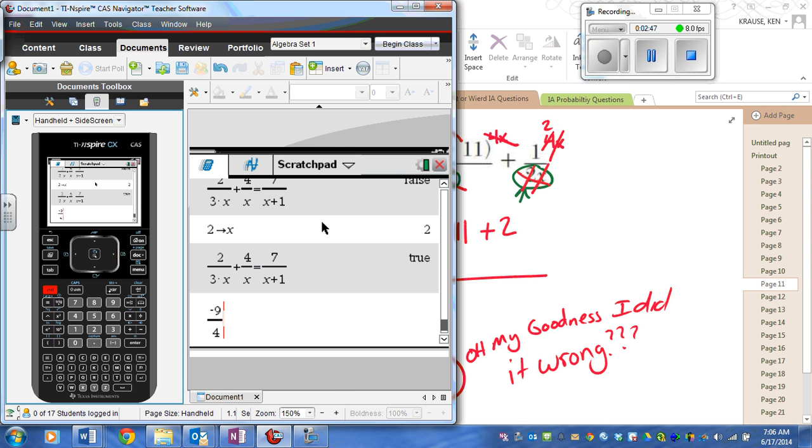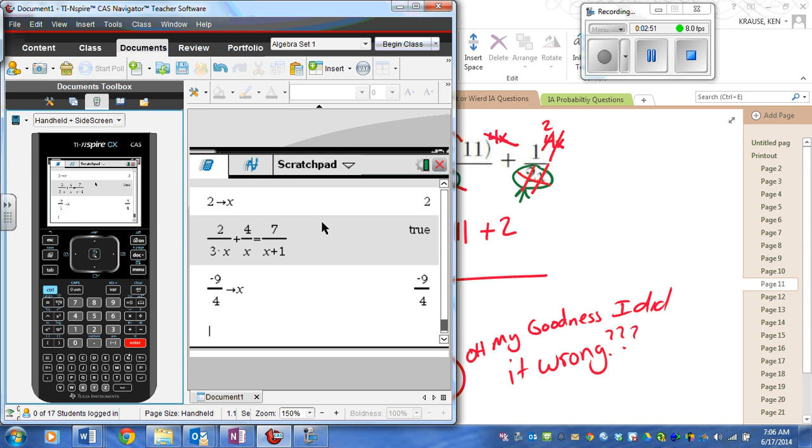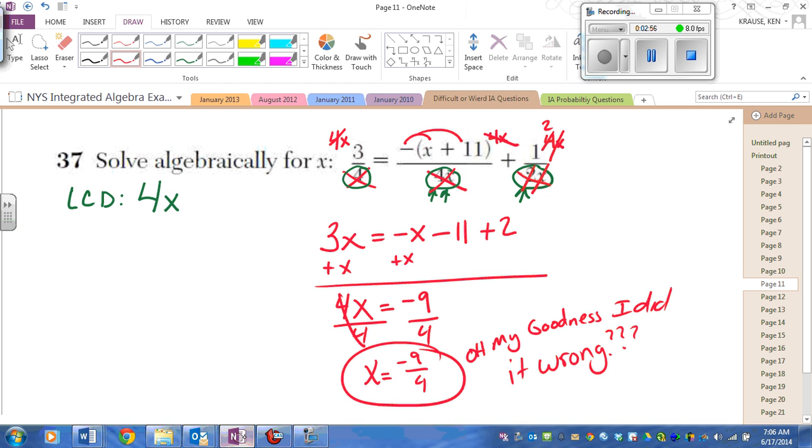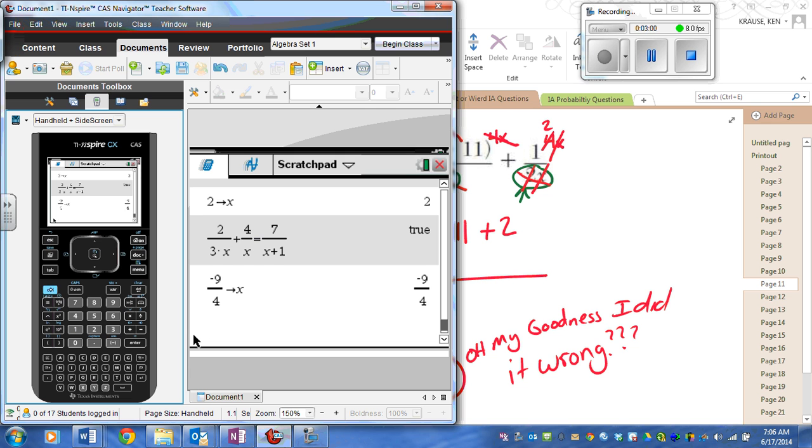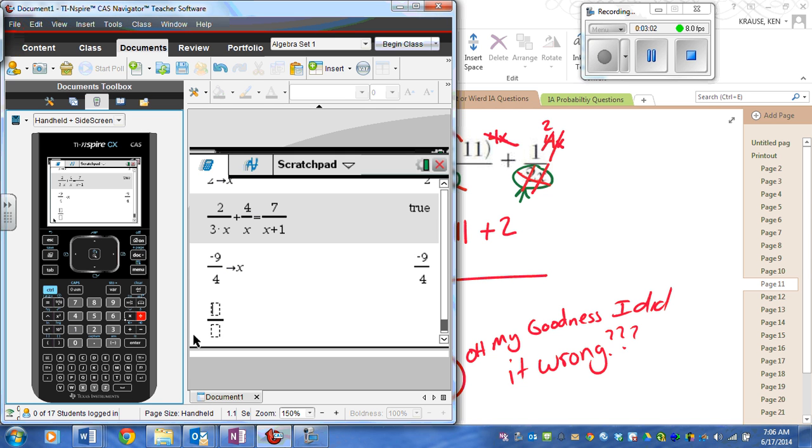So, x. Enter. And now I'm going to type it in. I don't know what it was. 3/4 equals, control division 3, 3/4 equals, and it's another control division